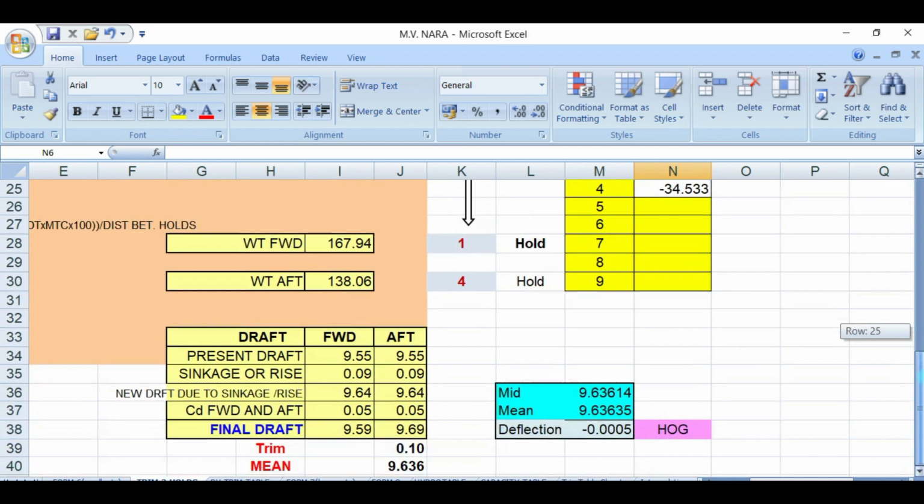And what will be the forward drop? Forward drop will be 9.59, and aft will be 9.69. So a trim of 10 centimeters, and your main is still 9.636, and you have a 0 deflection. So we go on the other side.